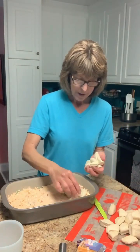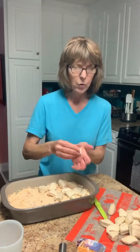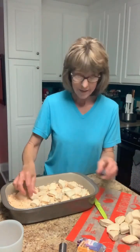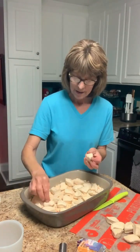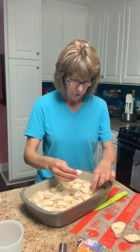And now I'm going to bake it. I'm going to set the timer for about 16 to 18 minutes. The biscuits would normally cook, from the can instructions, in about 16 minutes. And everything in the casserole is really done because my chicken is already cooked. So I will check it and make sure that the biscuits look pretty done. And if they do in 18 minutes, the only other thing I have to do